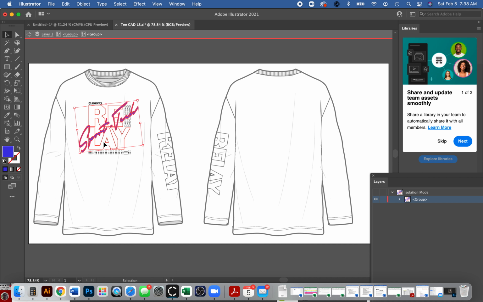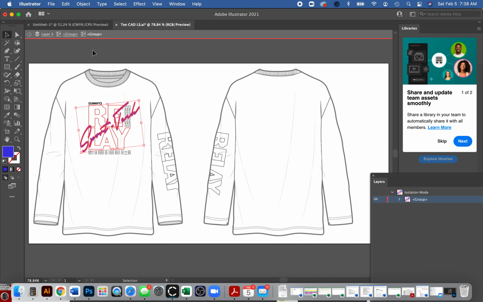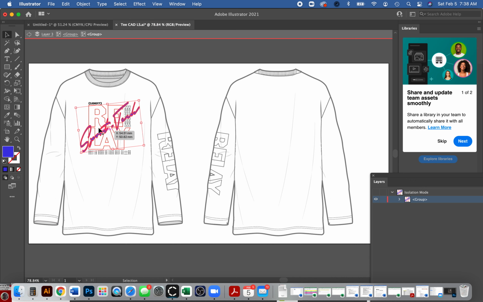So to copy and paste, you've probably done copy and pasting when you write emails or when you write a Word document, maybe in Excel. All kinds of other programs have copy and paste. You can always go up here to Edit, Copy, Cut, Paste. Now, I recommend memorizing these keyboard shortcuts. You can copy it, which will leave your artwork there. Or you can do cut, which will copy it, but it'll also delete it as it copies, right?